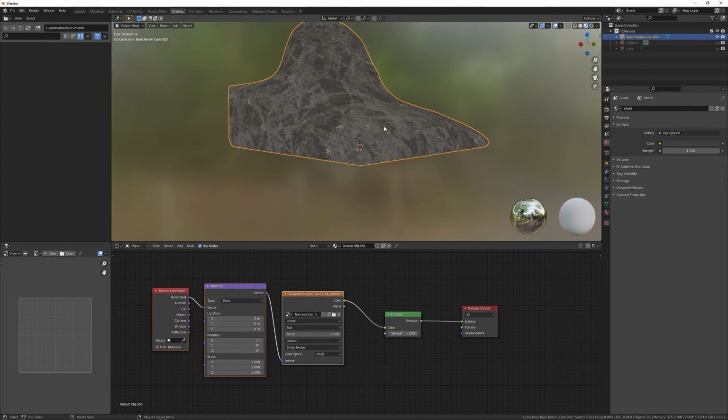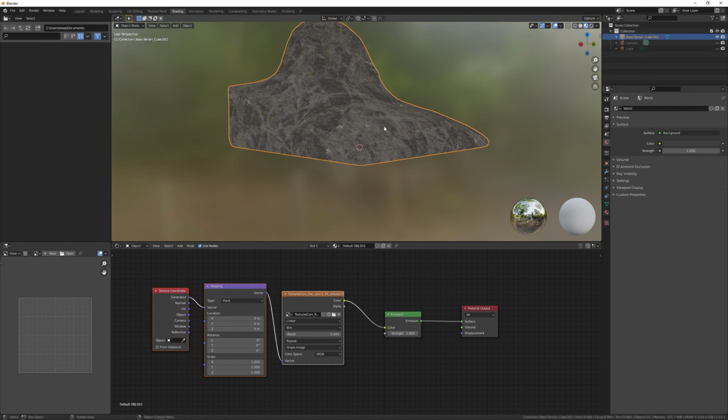And if we copy this texture and open a new one, take the corresponding height map, and we use the same mapping, duplicate the emission as well. Now if we switch between these two, the height map for those cliffs automatically aligns with the color or albedo texture.